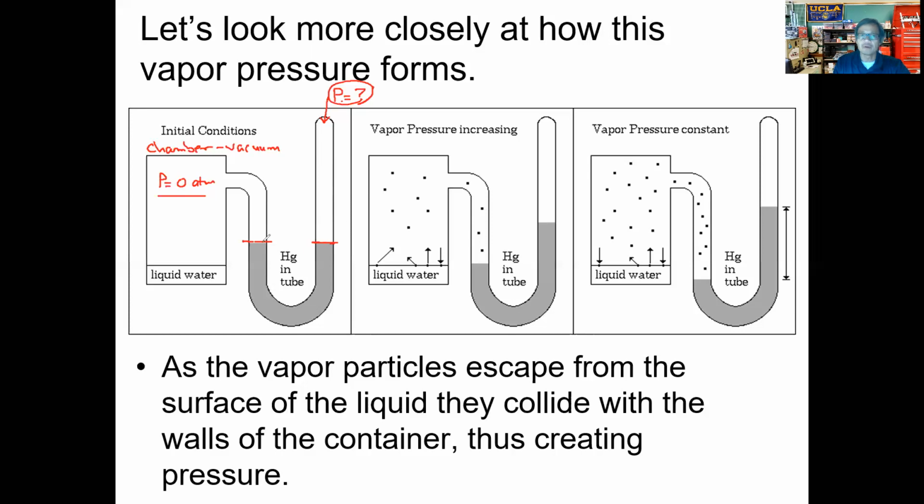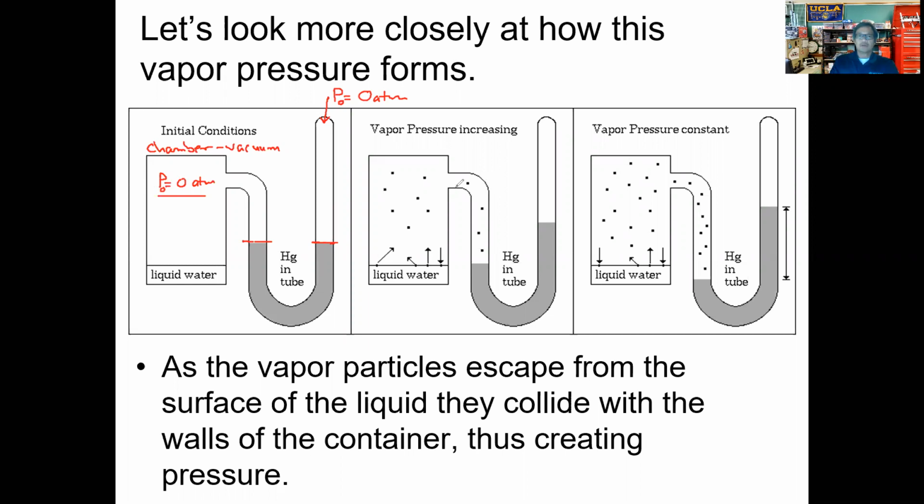No. Remember, the reason they're the same is that there's equal pressure on both sides. And so the pressure over on this side has to also be 0 atmospheres. So we start out with the condition, we'll call this initial. So this is P initial, P initial at 0 atmospheres. All right, so let's take a look at what happens next.